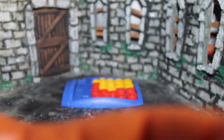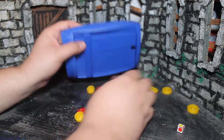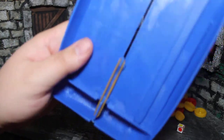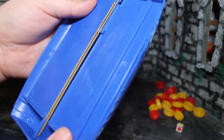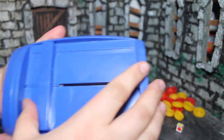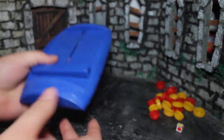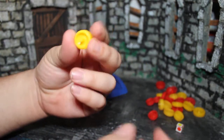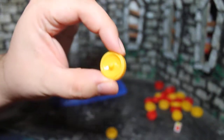So let's get that off there, and let's go ahead and take the discs out. Just fill them. There we go. Scoot them off to the side. So this, we have a rubber band. I was wondering if it'd be a spring or what, but it's a rubber band in the back, so at least if it breaks, you should be able to replace it pretty easy. And let's look at the front. That's pretty loud. Alright, so you have small, and then I'm guessing that's a medium one, and then